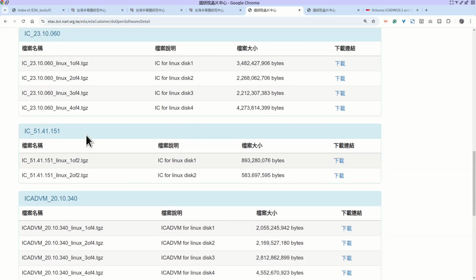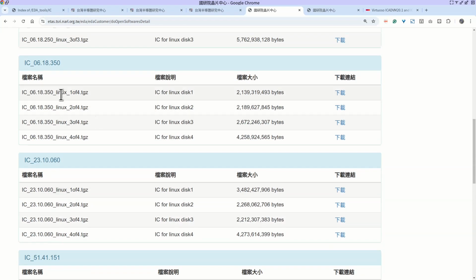Okay. So you can see that the size of the files is very huge, totally 10 gigabytes. That is why I tell you that you need to reserve at least several hundred gigabytes for the directory. Okay, so everyone please download these 4 files first, then I will explain how to download and install the software.